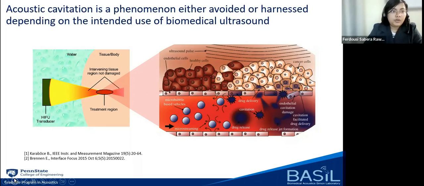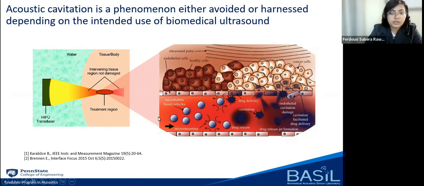Cavitation is described as the phenomenon where pre-existing bubbles in a medium either oscillate or grow and collapse under a varying acoustic pressure field. In biomedical ultrasound, acoustic cavitation is either leveraged or avoided depending on the desired outcome. Cavitation is harnessed in therapeutic ultrasound to create beneficial bioeffects such as tumor ablation, breaking down blood clots, or delivering drugs to a specific target, as shown in the image. Diagnostic ultrasound avoids any kind of cavitation that can